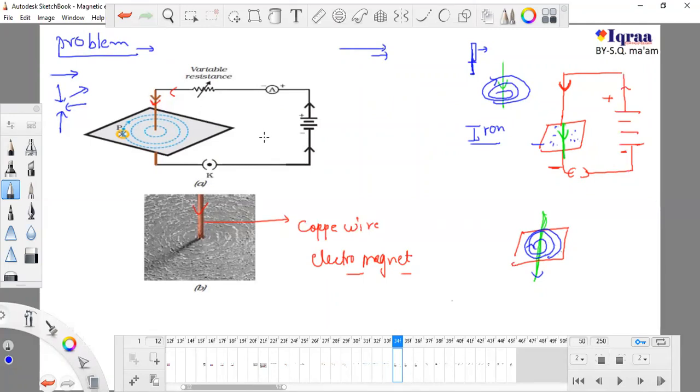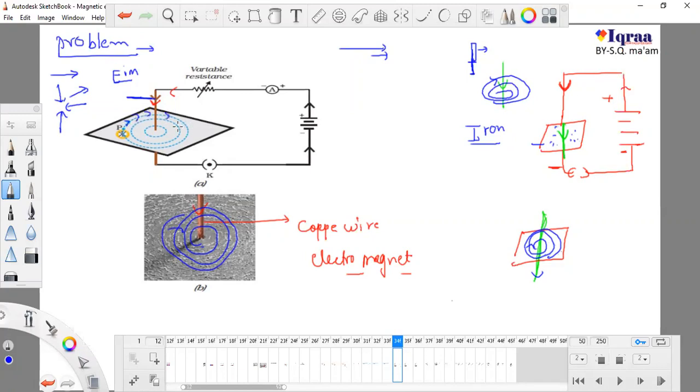It will be very confusing, and definitely you cannot find the correct answer. So use the pen. In this case, this is no more a copper wire, it is an electromagnet, we know this. This is iron flakes, and you can see how iron flakes are arranged. They are arranged in a circle form, and the direction is in this direction.